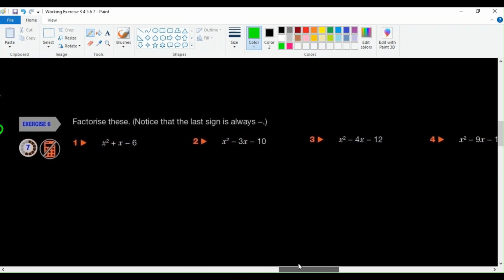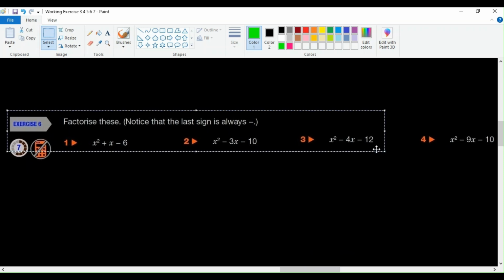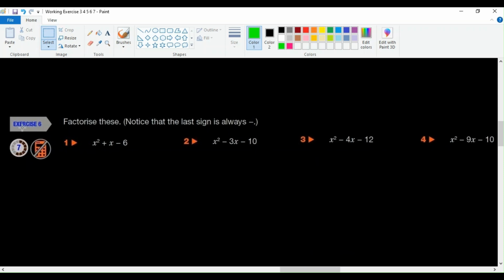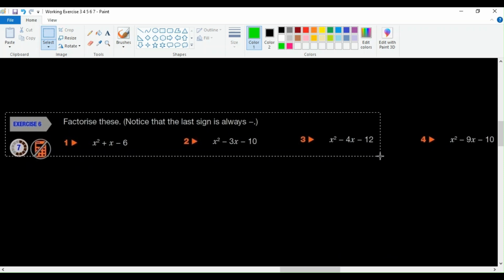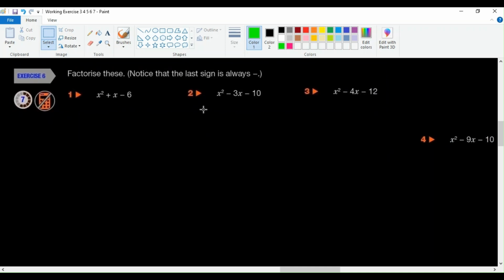Moving on to exercise 6. In here you can notice that the last sign is always negative, but it does not really matter because the method I have explained to you, it does not matter if you have a plus sign in the last or the negative. So in here I know very well how to get 6, minus 2 and plus 3, and minus 2